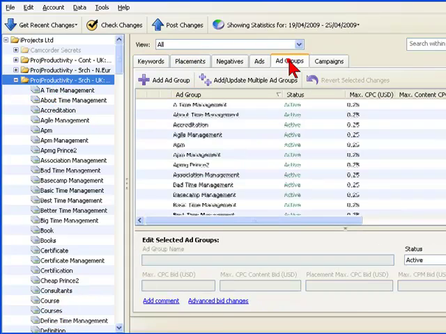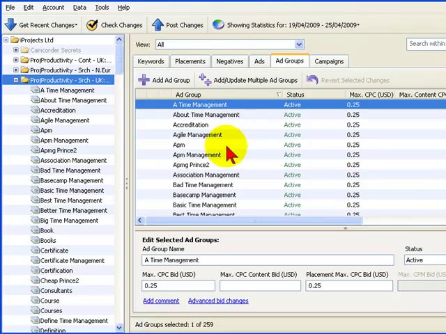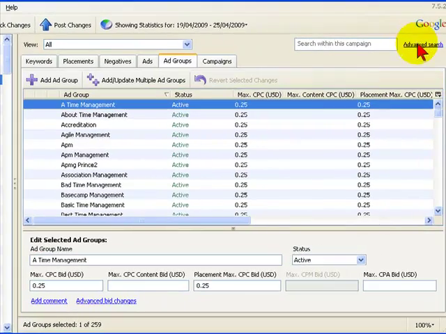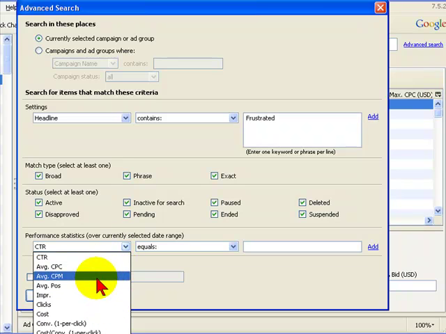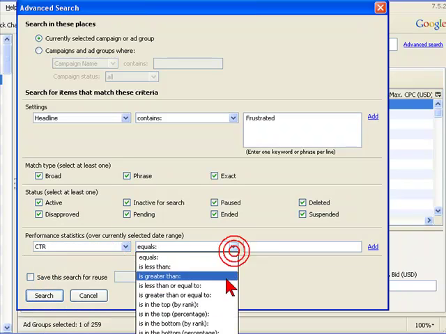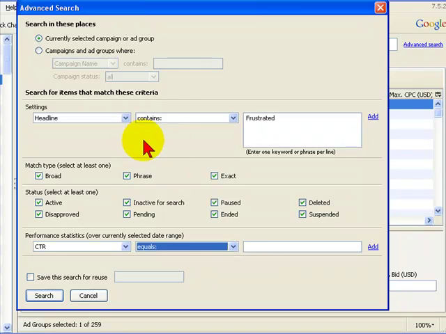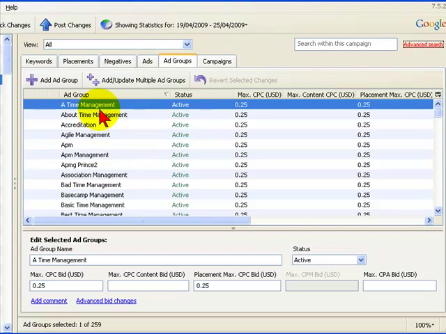You can also click on ad groups here, which again can be sorted alphabetically. One of the big advantages of using the tool on your PC is that you can use what they call the advanced search option, which enables you to enter search criteria based on rules that you set, which is a lot easier than when you do it online, and then you end up with just displaying in the window those keywords, those ads, those ad groups that meet certain criteria, which means you can just drill down and focus your time on the things you want to change